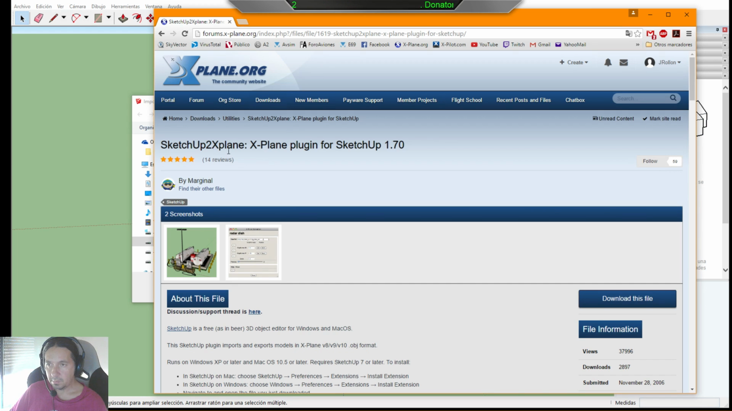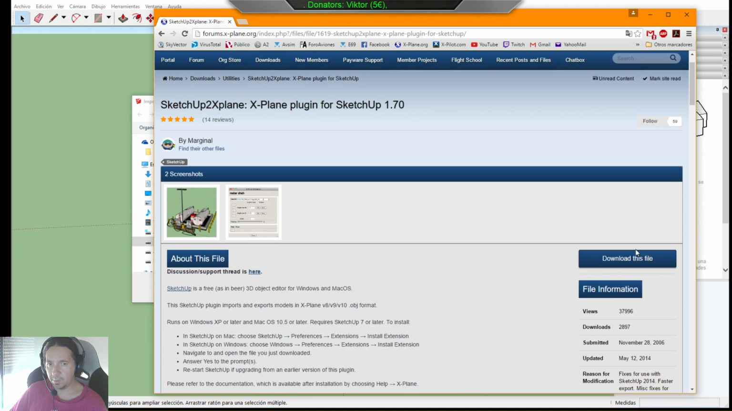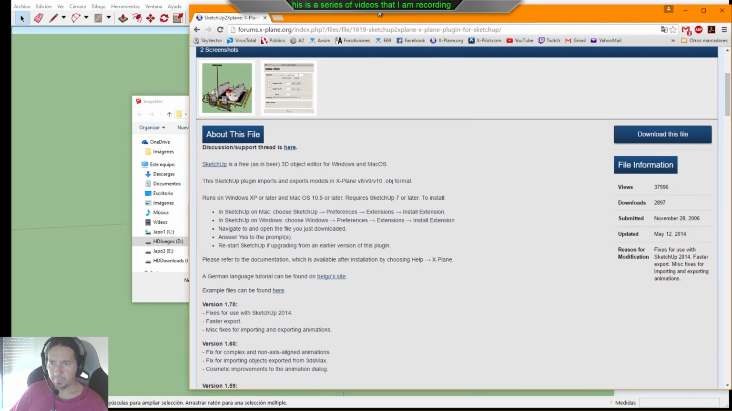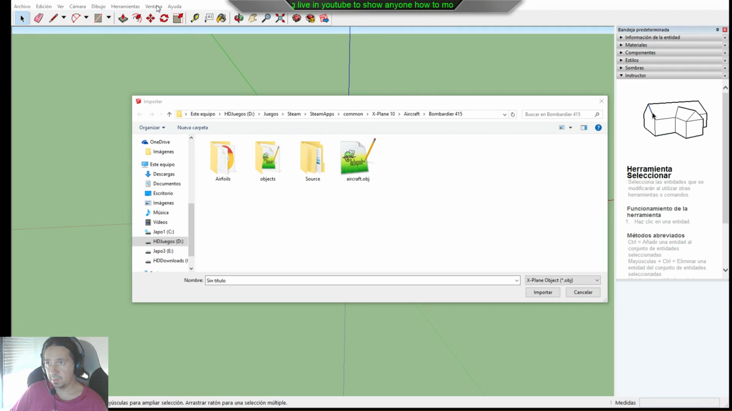and here you have this plugin that you are going to download, and it's going to download something like a strange extension, okay, that you have to copy somewhere. And then here it says to install it you have to choose Window, Preferences, Extensions. So we go to, and this is Spanish, okay,